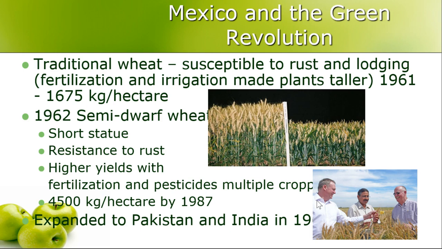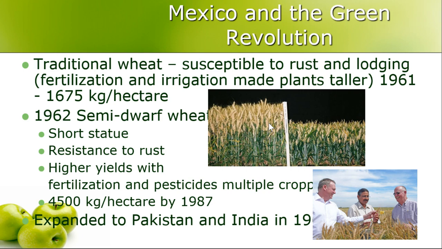So when we talk about the Green Revolution, we talk about starting with wheat. Traditional wheat has a lot of pests, viruses, rust, for instance, and it has a problem called lodging. And lodging is where the little wheat berries, right, these guys right here, fold over and go into the ground. And that is the way wheat actually is evolved to behave, because that is what makes baby wheat, right? Because the wheat that we eat is the baby wheat. Well, we don't want it to make baby wheat. We want to harvest it and we want to eat it.